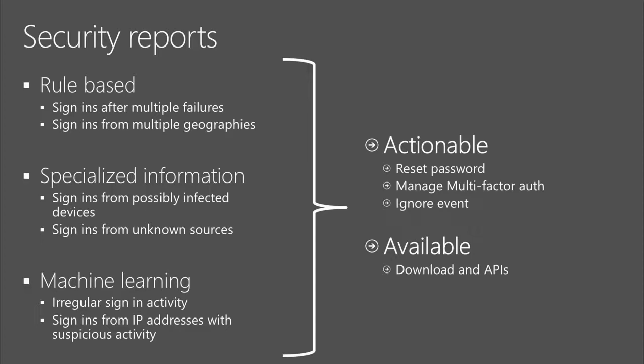Or maybe it's not that concerning, let's just scramble the password. And you're confident that they're the only ones that can reset their password because you enabled SSPR with 2 gates, and you're very happy with it. But these reports are not just available for you in the portal and to take actions on that way. They're also available for download, so you can do a deeper analysis in Excel or other applications. And they're available through APIs.